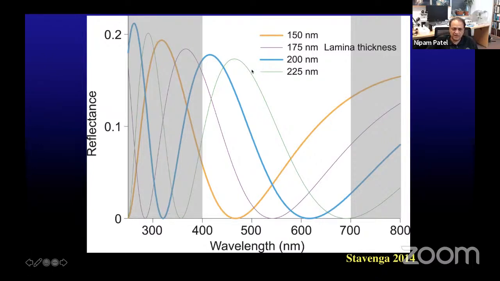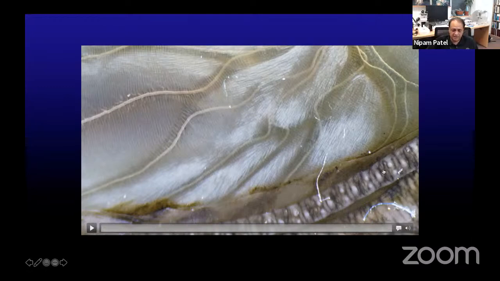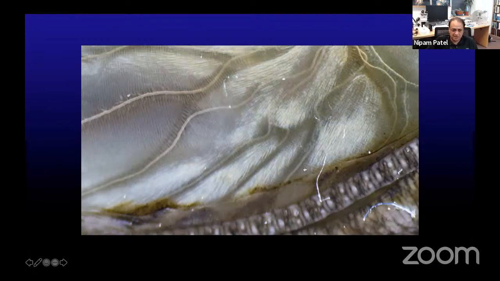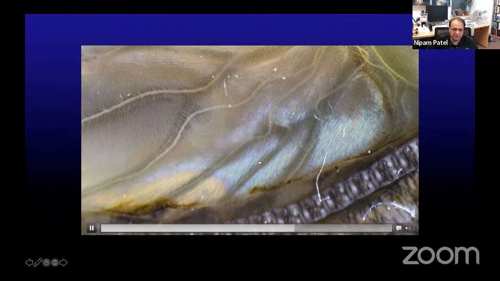So this is that same movie I showed you before of the live wing development in the chrysalis. But now I'm focusing in on a particular part of the wing of that butterfly, that was actually a Buckeye butterfly, and there's a region of it that has some structural bluish green. And so now if you watch this area of the movie, you see the scales, and you're going to see it go orange and then purple and then blue and then this kind of bluish green.